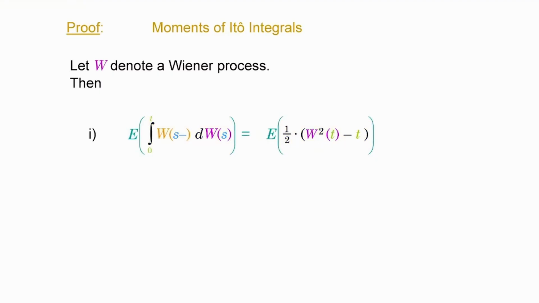And this can be addressed relatively easily because the expectation of the linear transformation is a linear transformation of the expectation. So you can simply take out 1/2 from the expectation operator. Okay, and then you can simply look at the expectation of the square minus t, right? Because this is basically what you're left with. And so then you can also take out t from the expectation operator, which I will.